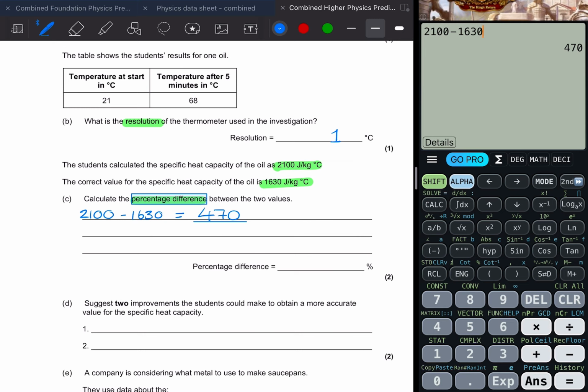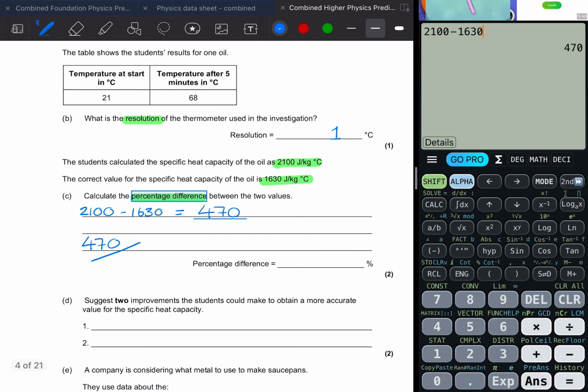So to do that, we're going to get 470, and we're going to divide that by our correct value, which is 1630. So if we do that, 470 divided by 1630 gives me